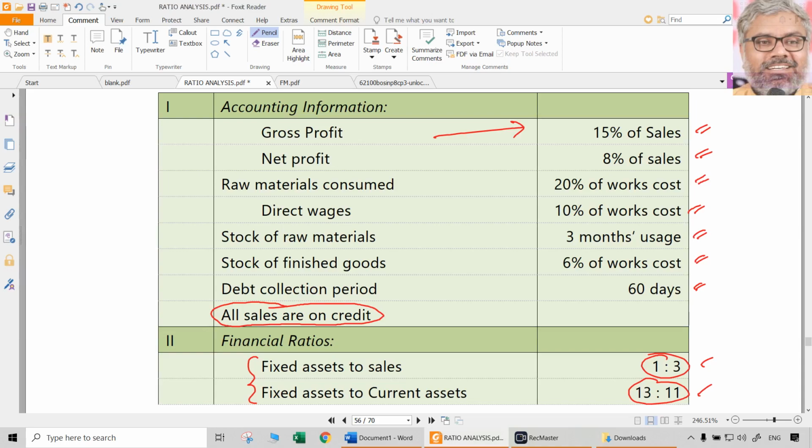And in this case, this is the only point actually which has to be very closely observed. He has given this word works cost. What is this works cost? We are not preparing any cost sheet here. What is the meaning of it in our sense, that we have to identify. Works cost here is nothing but cost of goods sold, as good as, because that is the difference between sales and gross profit. Sales and gross profit is all direct costs, right? All direct costs are all part of works cost.